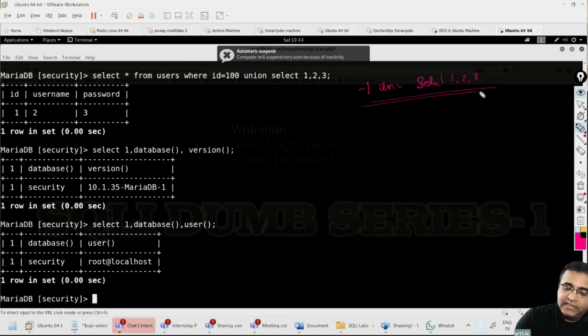As simple as this is, it is showing three critical pieces of information. It gave me the database name, the version, and the user. All those other things are going to be there.